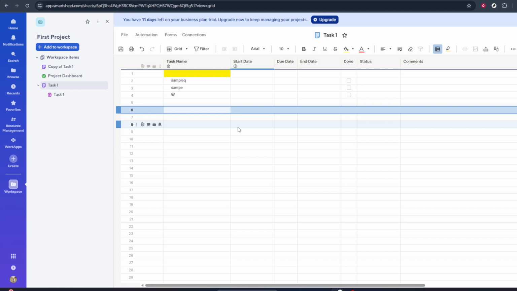If you ever need to make changes later, you can repeat the same process on the column header and choose to unlock it, provided you have the correct permissions. And that's all there is to it. Open the menu on your chosen column, click Lock Column, and your data